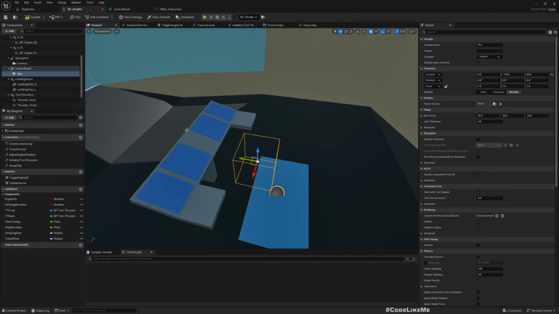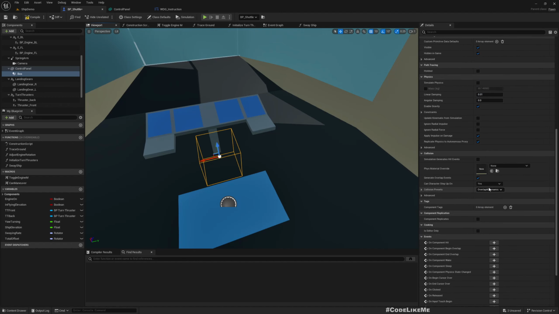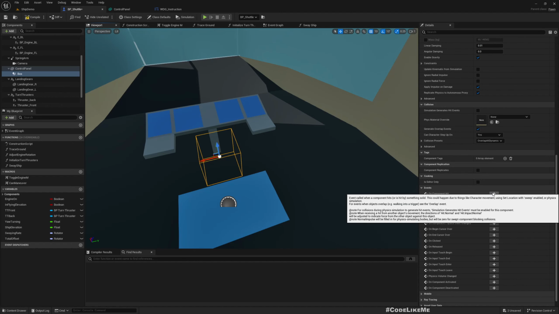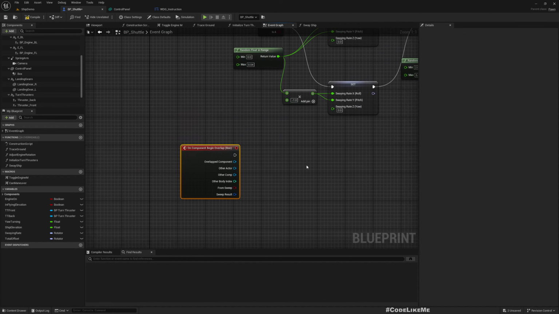Okay, so once the player comes into this area, I need to put the take control E instruction. I want to make it visible. So on component begin overlap,